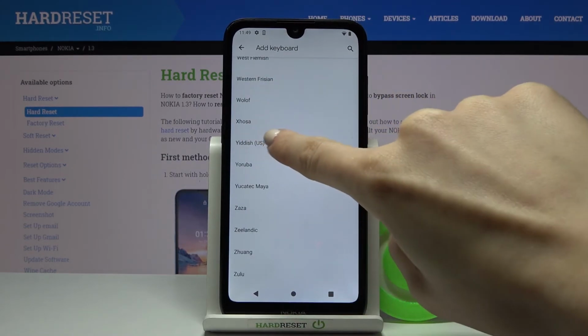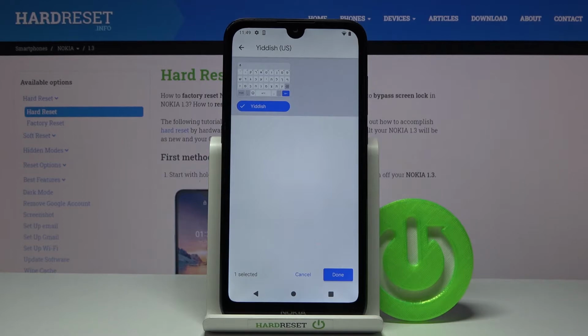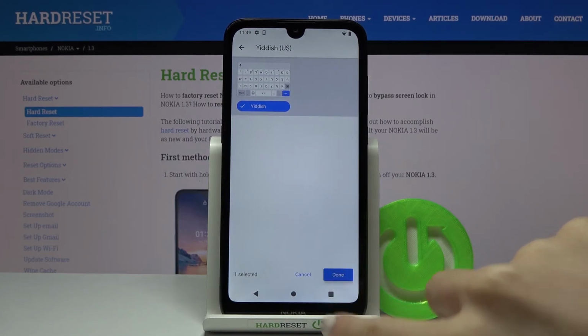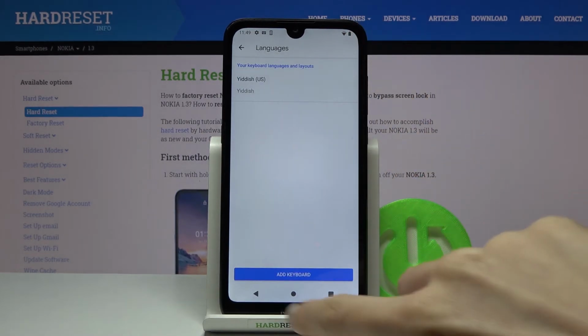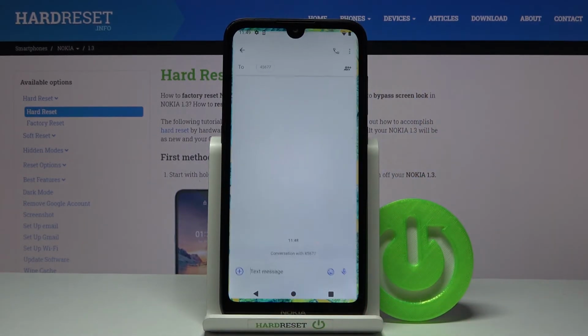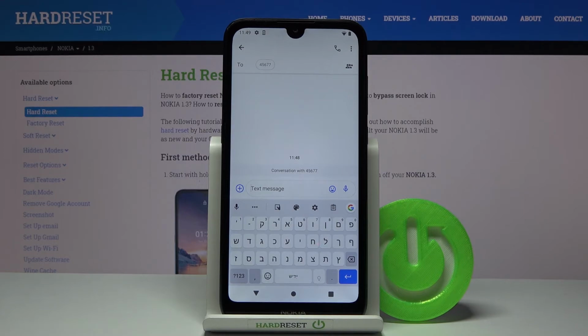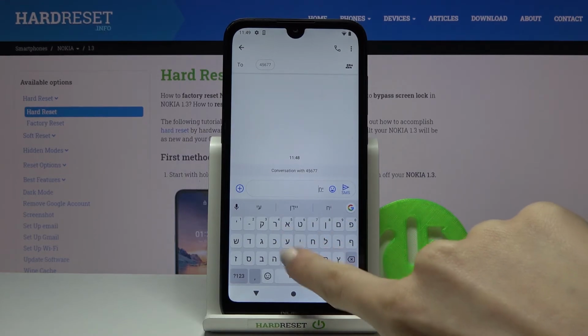And now just pick the language that you want to apply. Click on done then. And now you can smoothly remove unnecessary language. In my case, it's English. Then let's go back. And as you can see, keyboard dictionary has been changed and you can smoothly write in